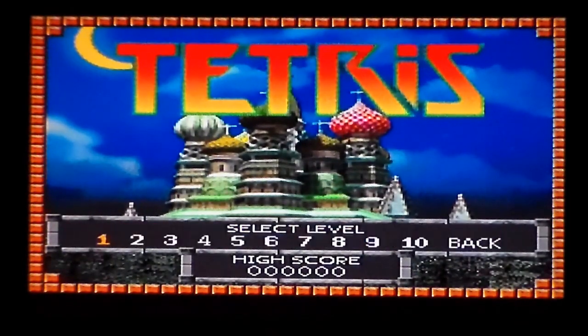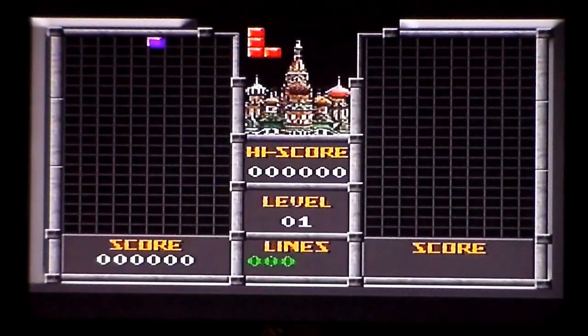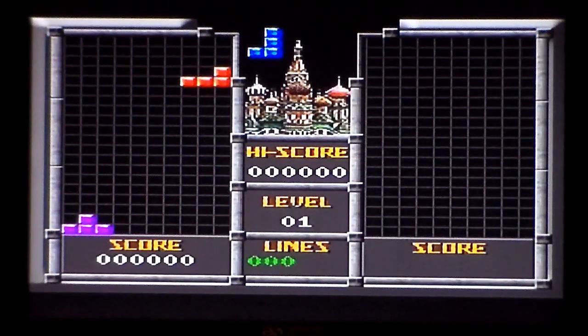Press down. There we go, select level. We're going to go with 1 because I honestly don't know how this plays. I don't have high hopes for the pads. Looks like Tetris. Oh look! Listen to the music. I can tell you off the bat, right, these pads